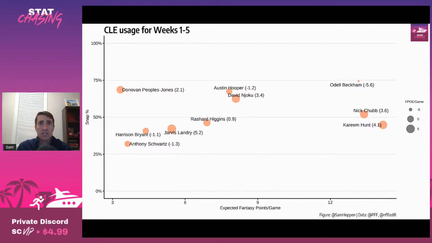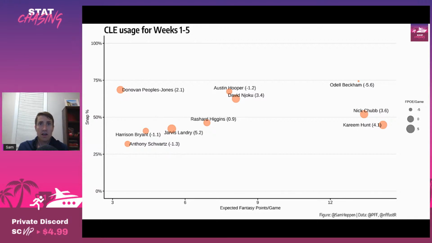The only other guys to talk about right now are Rashard Higgins and Peoples-Jones, but neither are really worth rostering unless Landry is out an extended time and OBJ gets hurt. Each of them scored at least 11 PPR points this past week, but on the season, both have a WOPR below 0.35, and that's not great at all, especially for a team that doesn't throw the ball much. Peoples-Jones has a 79% route rate on the season, while Higgins is at 65%.